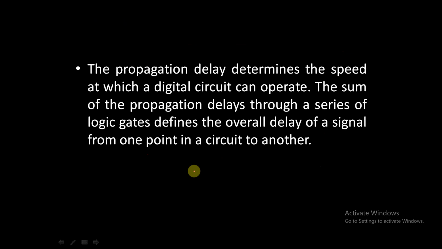So the propagation delay determines the speed at which a digital circuit can operate. The sum of the propagation delays through a series of logic gates defines the overall delay of a signal from one point in a circuit to another. For example, if we have a NOT gate here and an AND gate here,